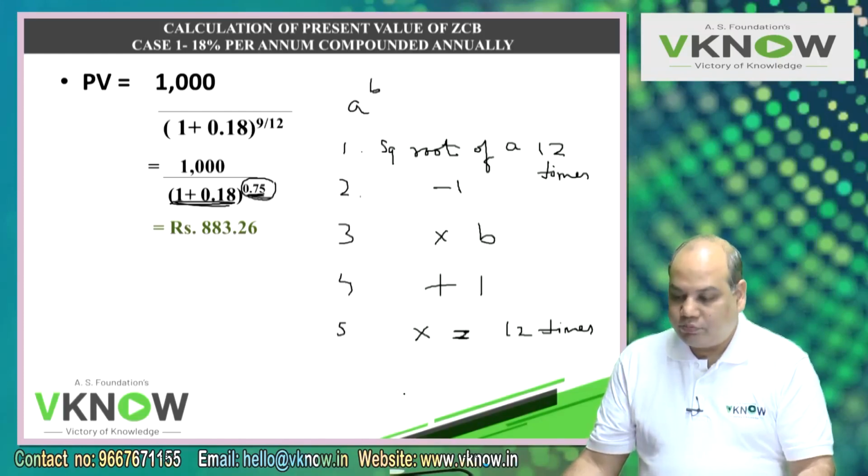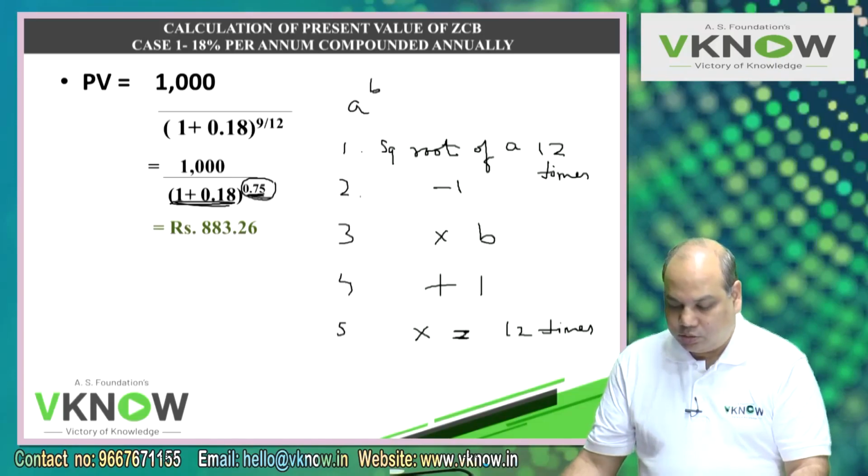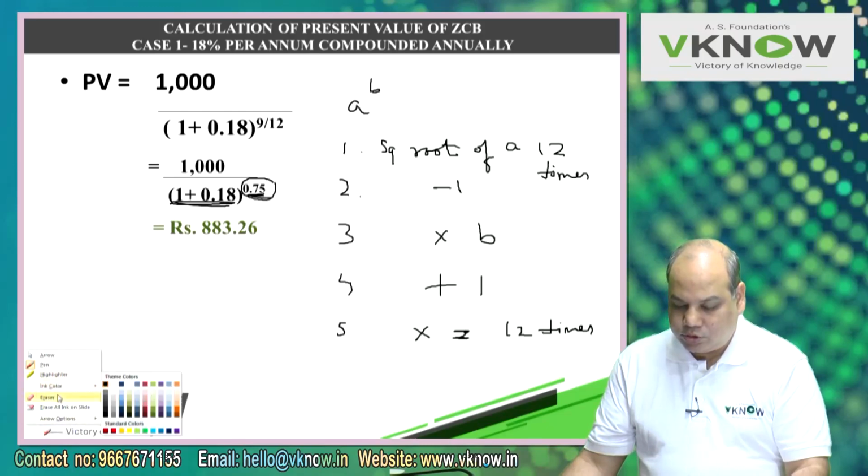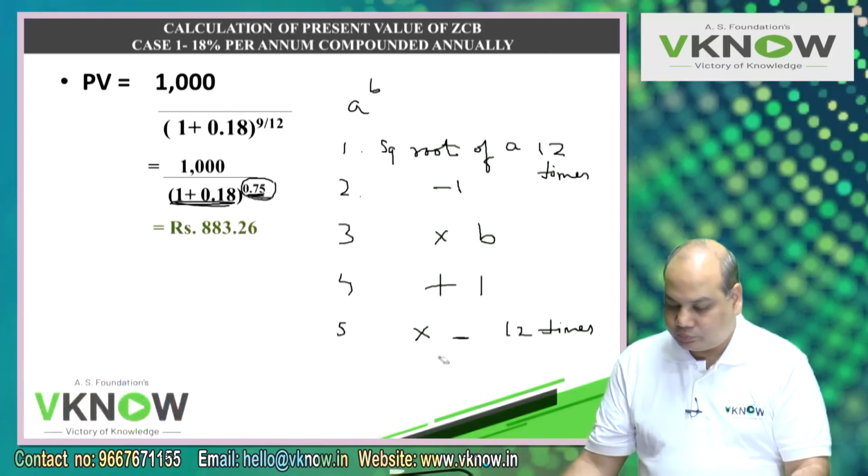So I repeat, because I am going to require this for many other calculations in this chapter. If you are getting power in fraction like this, not a whole number, press square root of the base number 12 times, press -1, multiply by the power b, press +1, and step 5, multiply equal to, do this exercise 12 times. And the answer will be the value of this factor, and then you can use it for solving